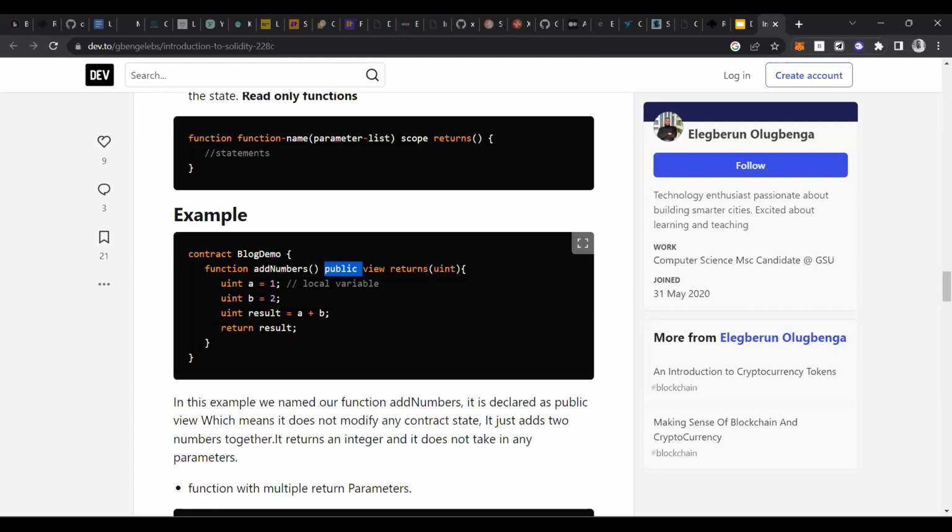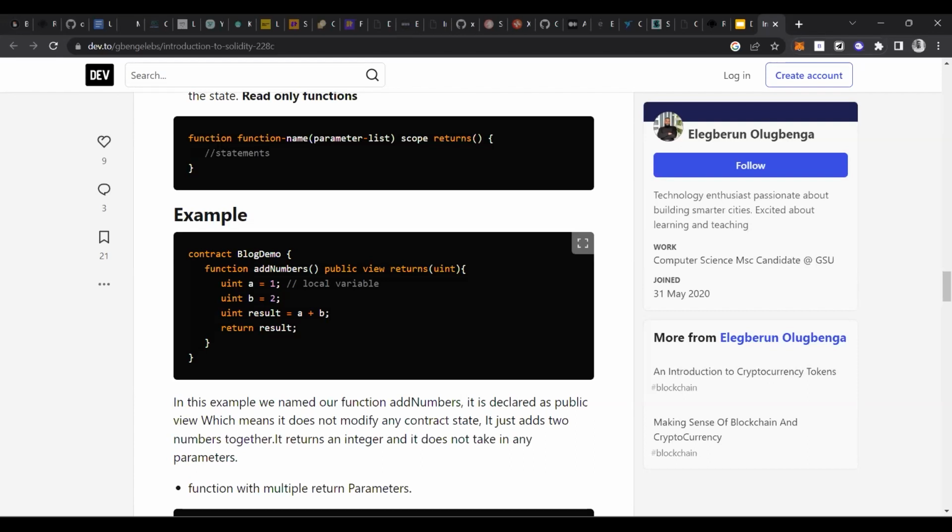In Solidity you have to mention the visibility of the function: whether you want this function to be publicly available, privately available, or externally available. A public function is available to the whole public, with no ownership issue or any particular problem. If you use the private keyword, then this function can be accessed only by this smart contract.